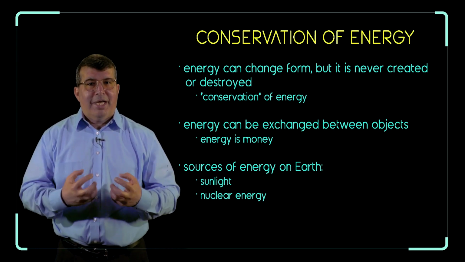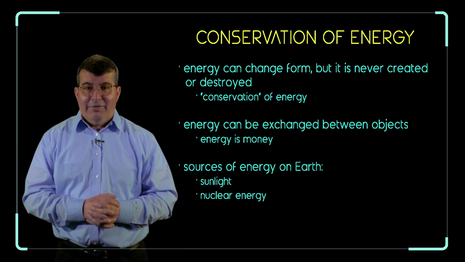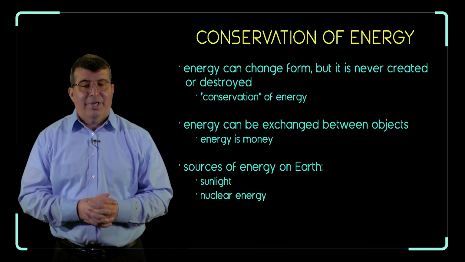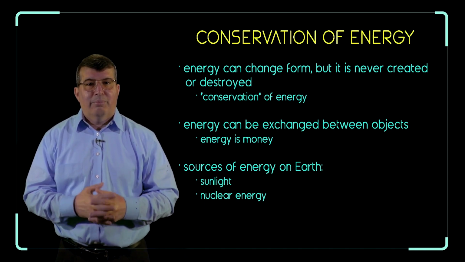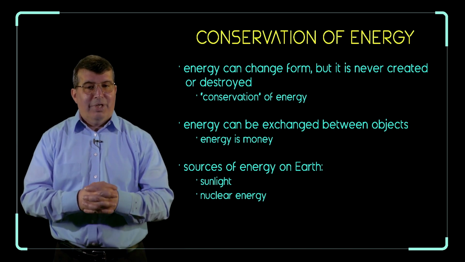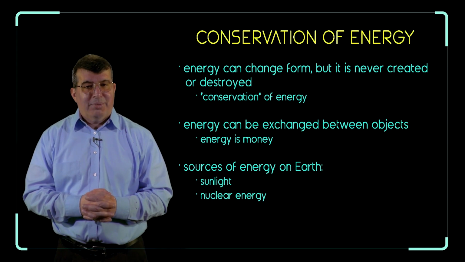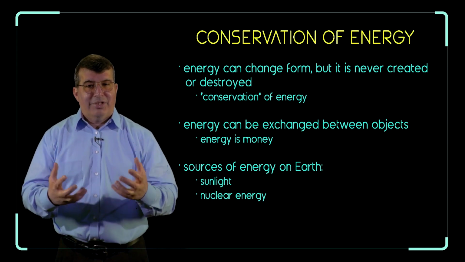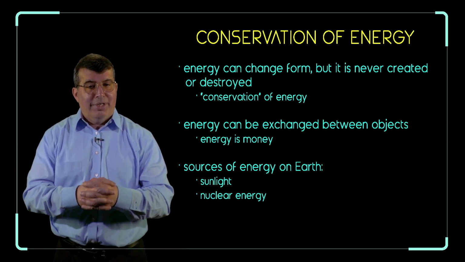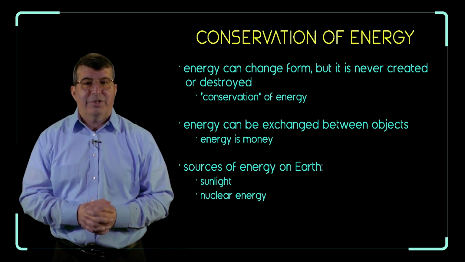So we can take out of our savings, and right now we're taking out of our savings a lot faster than we're putting into our savings. So right now we're living on our savings, but if we want to be sustainable, we will ultimately have to use that sunlight that comes from the earth, because that is really the only renewable source of energy on the